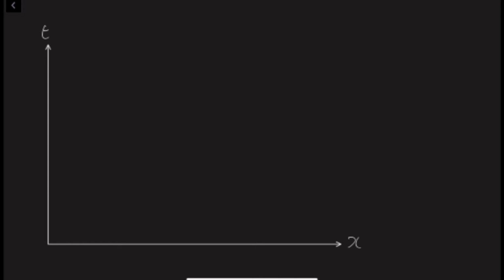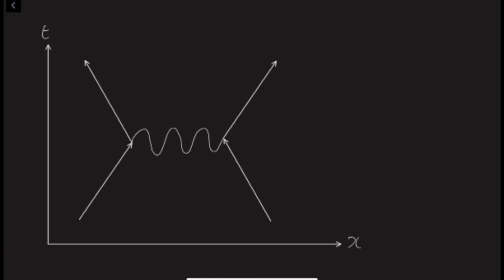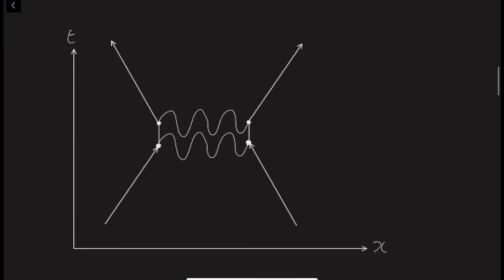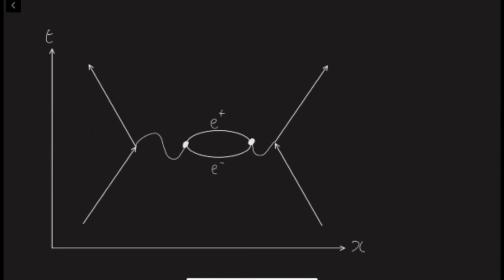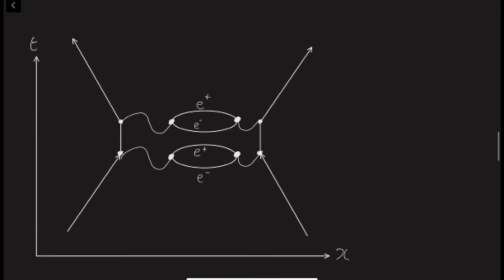We can first look at the most basic interaction of electron scattering. Two electrons move closer together, one emits a photon that is absorbed by the other, and both electrons then recoil in opposite directions, as we would expect from classical mechanics. However, there are many more possibilities of how this interaction might occur. For example, both electrons may separately emit and absorb a photon each, or the photon emitted may split into an electron-positron pair before recoalescing into a photon and being absorbed, or some combination of the above, or any of infinite